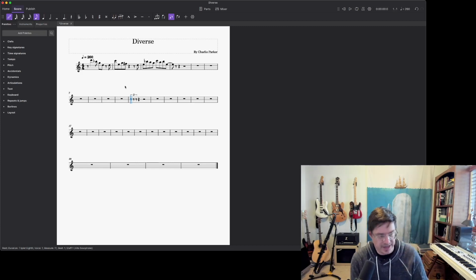Now it's as simple as adding eighth notes. So if you look up there, it's already anticipated I'm going to want eighth notes. If it didn't have that, I'd hit the 4 key to switch to eighths and type in D, E, G. And now I have my notes. So it's as simple as that. Later on in the piece,